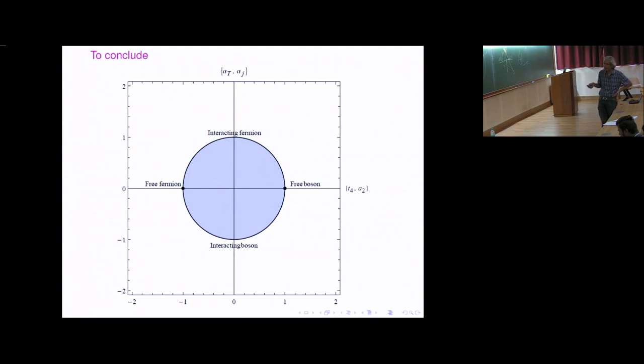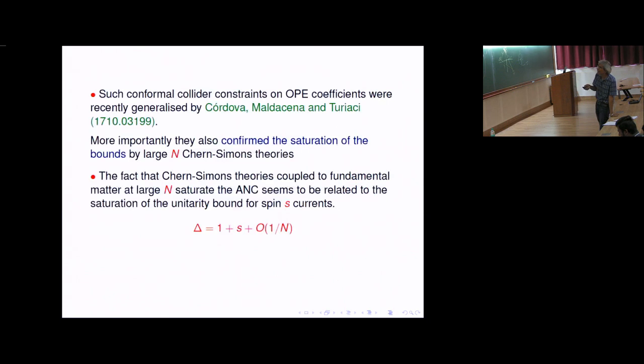They have to lie in a disk, and the free fermion and free boson are here, and these are the interacting free fermion. This is the Chern-Simons basically bounding the whole disk. So this is the nature of this constraint. And of course, we don't have very much to say about the unitarity relation here, but we are working on it. And one more thing I have to add, that such conformal constraints, where there's a matrix involved,